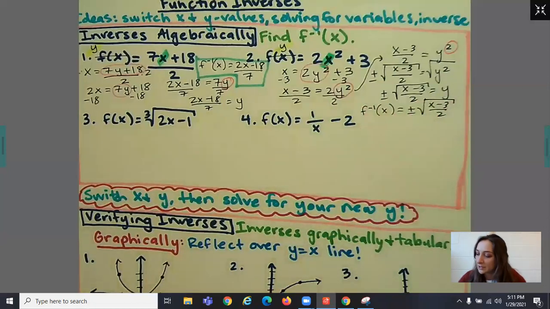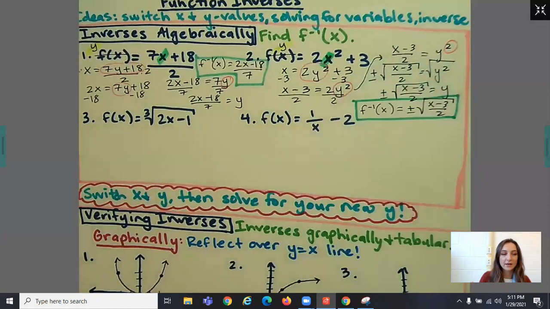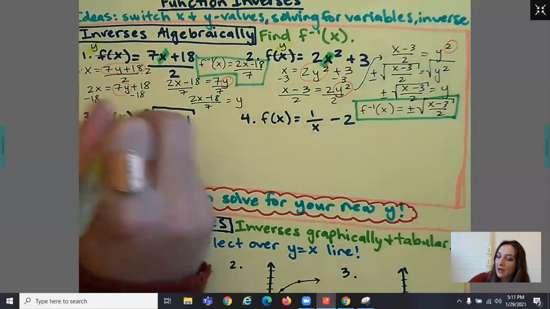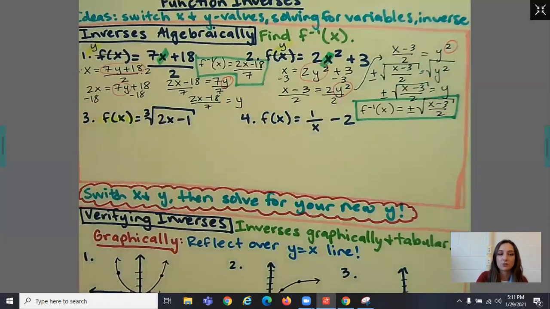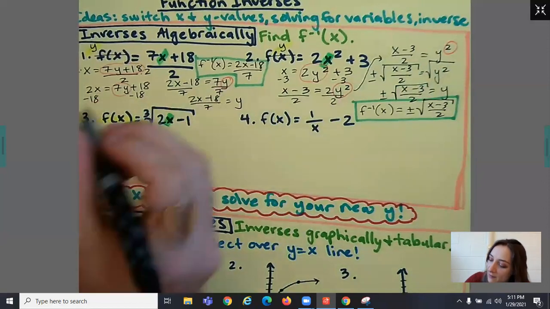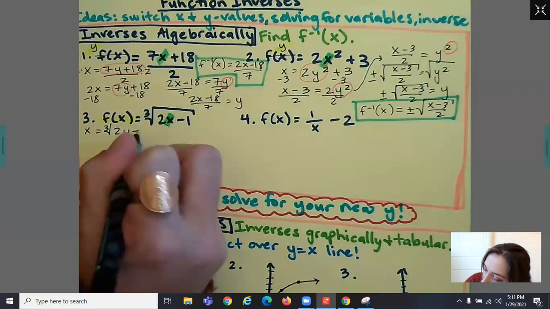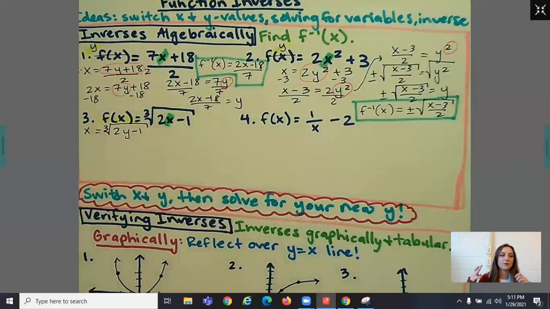Okay, let's try out another one. Again, everyone can get the first step right, switching the x and y. And hopefully by now you know that f of x is equal to y. So we're just going to switch these two things here. All right, so we're going to have x equals the cube root of 2y minus 1, all under that cube